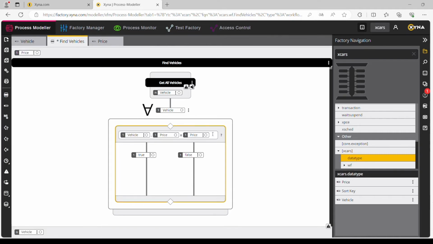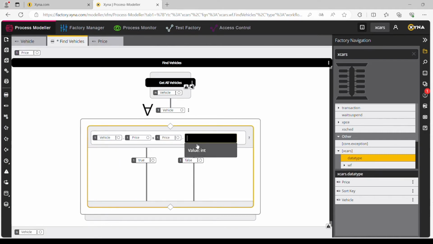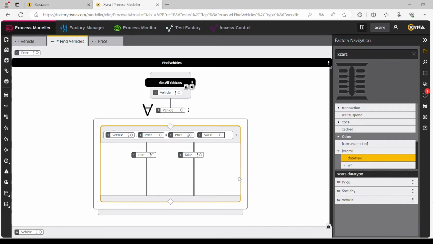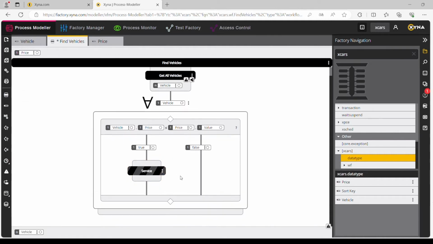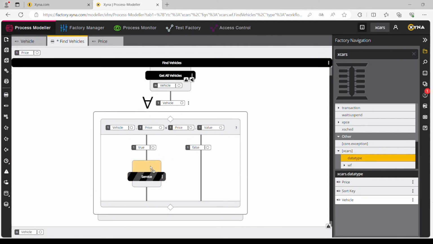What you have to have in mind for list filters: the result of the enclosed filter function has to be a list itself, with one element in our match condition case and an empty list in our not match condition case. First case first, we drag an empty service from the toolbar into our case area and use the vehicle